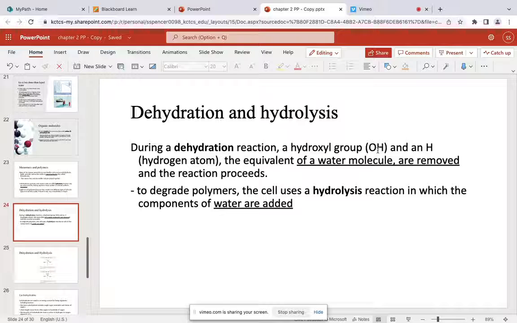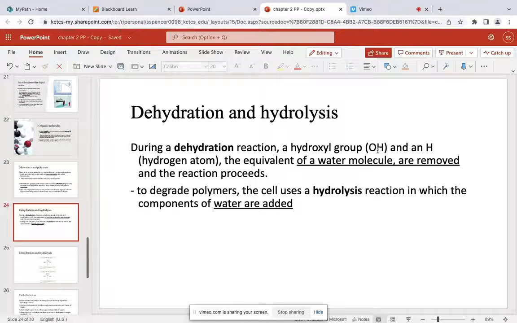So whenever we have a dehydration reaction, we actually form a polymer. To degrade polymers, once we have a polymer, we add in water. So we remove water in order to form a polymer, right? From a monomer to a polymer, in order to join them together, we remove water through a dehydration reaction. And in order to break a polymer down back into monomers, we're going to do something called a hydrolysis reaction, or we're going to add water. So knowing both of these